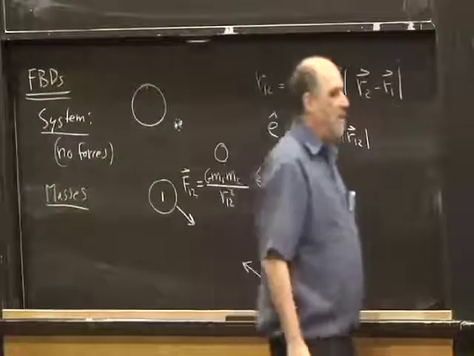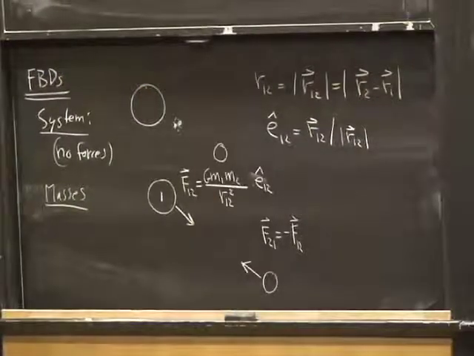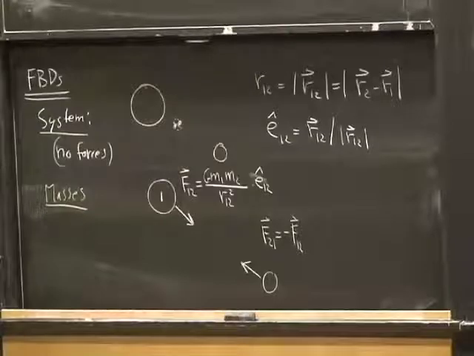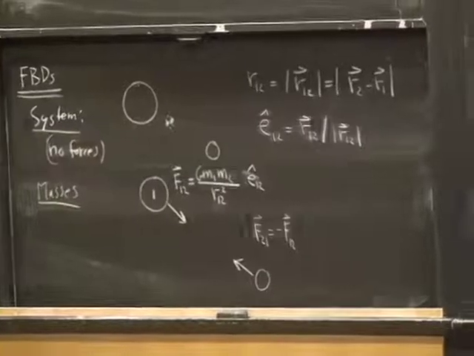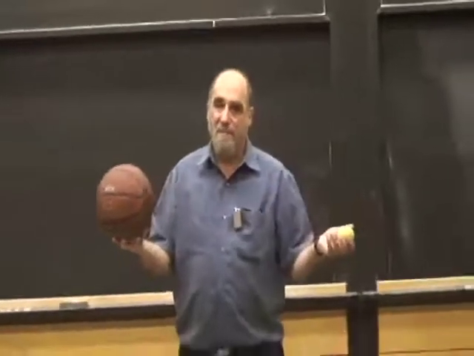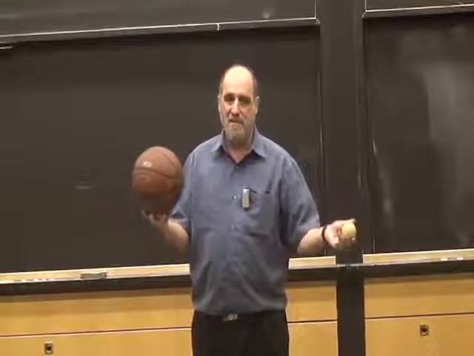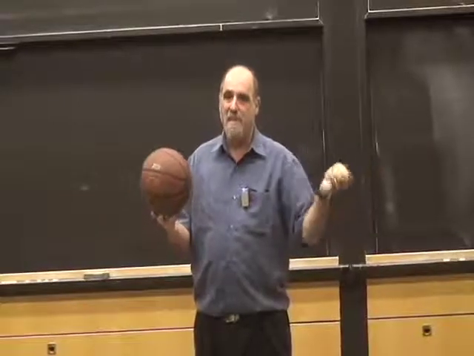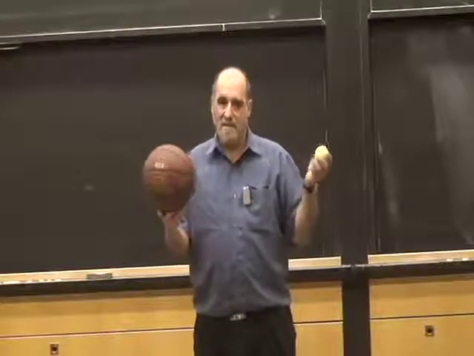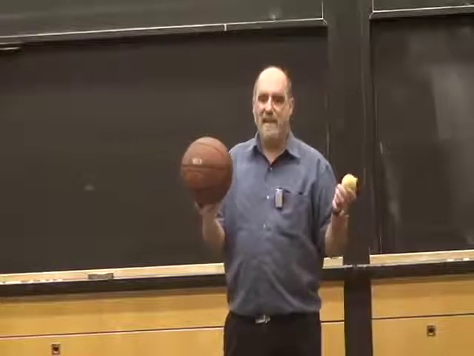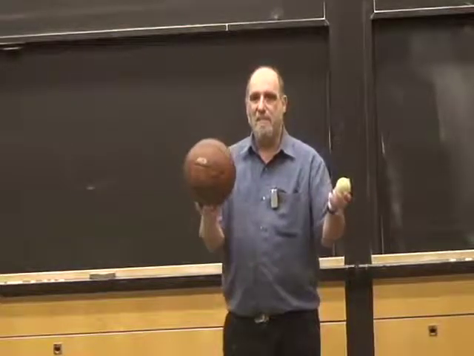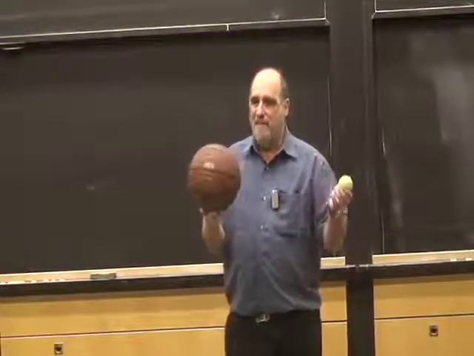So the question is, what goes on a free body diagram? What goes on a free body diagram is a picture of the system to which you're going to apply the laws of mechanics. And we say the system, in this case, it could be one planet or the other planet or both planets. It could be half a planet, 3/4 of a planet. It could be these two planets and my thumb. It could be whatever you choose it to be, but your skill in this class is picking the right thing. In this case, the obvious system is the two planets. That's one thing that goes in the free body diagram.